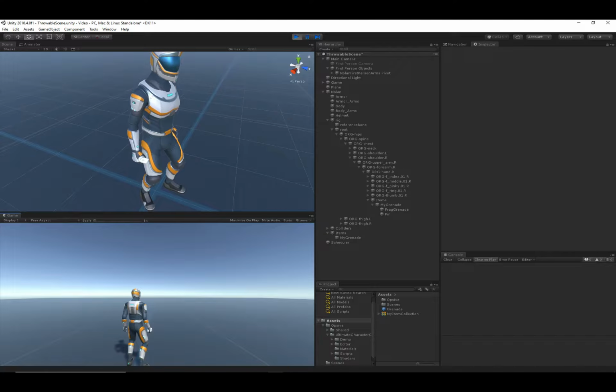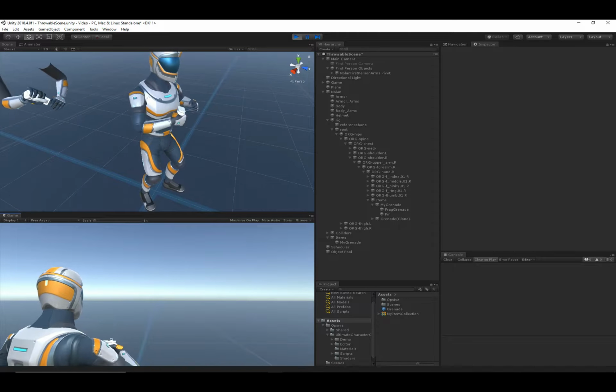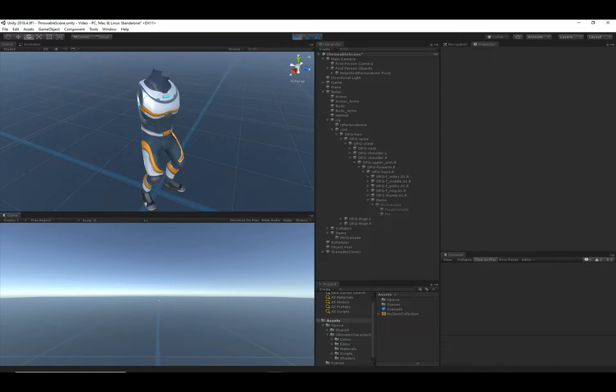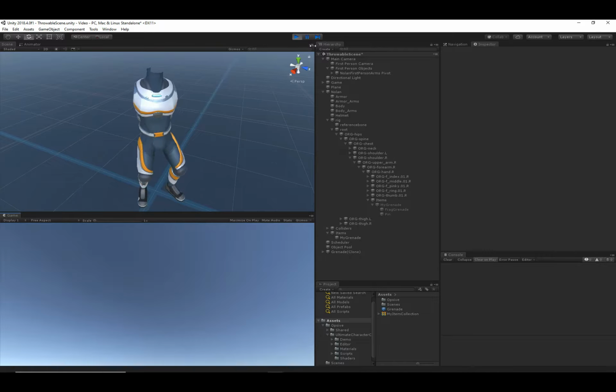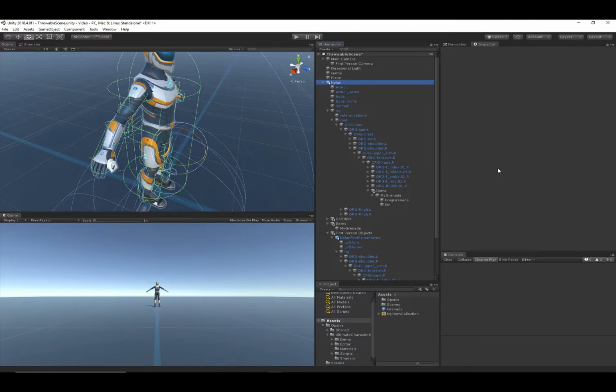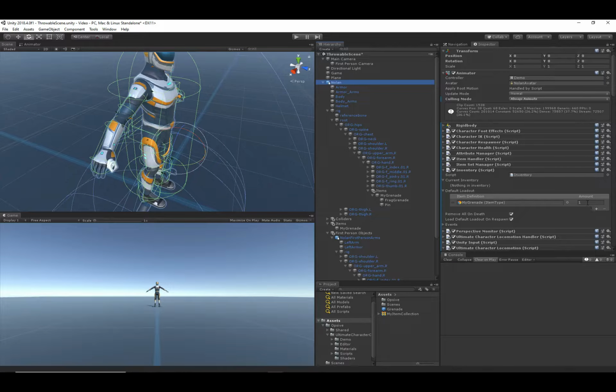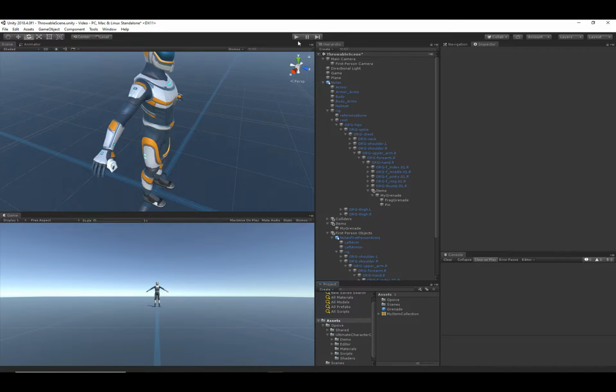Let's go ahead and look at first person view. Oh, you can see I only have one grenade right now. Well, I want more than one grenade. So let's go ahead and say we want 10 grenades in the default loadout. So now when I'm in first person view and I throw the grenade,